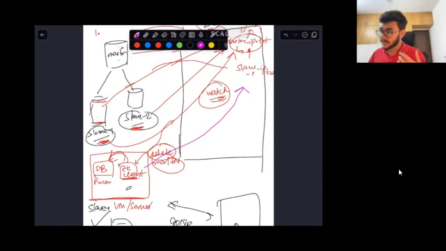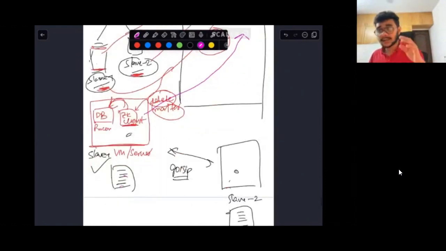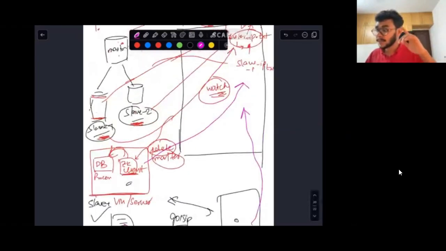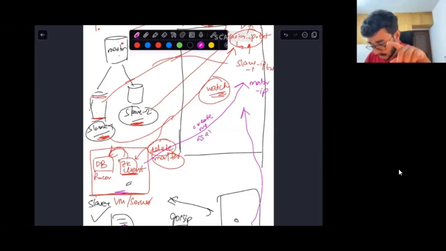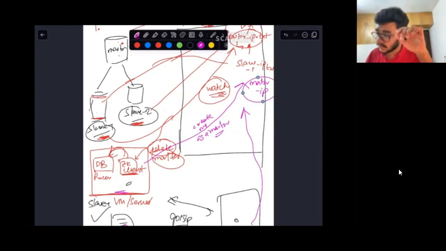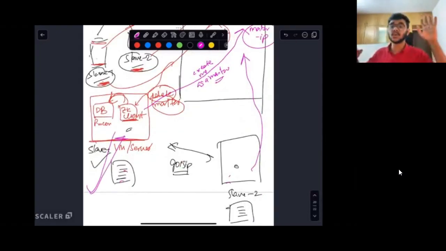It is very probable that both of them had the exact same WAL writes. Both of them would have sent the same request, but the Zookeeper manager will accept the first request that actually lands onto the system. The Zookeeper manager will then create a master IP file, because the slave is saying, hey, create me as a master in this session. It will create this master IP file, and in it will store the IP address of slave 1, which is our new address.